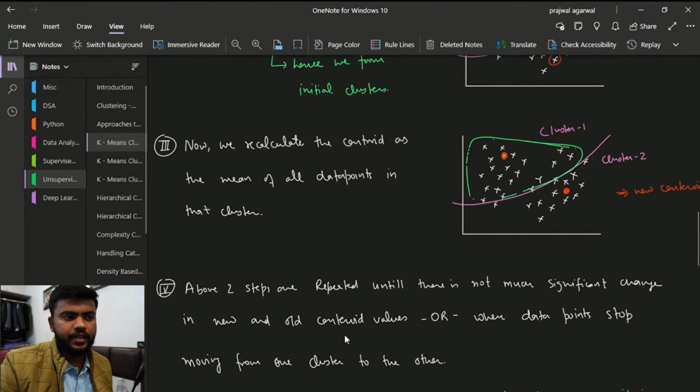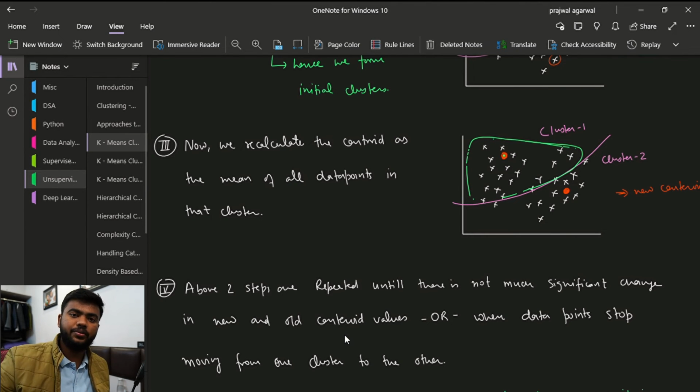Once we have an updated value of the centroid, we reiterate through this process again and again. We again calculate the distance of each point from these new centroids, then we reassign the data points, then we recalculate the centroid, then we reassign the data points.